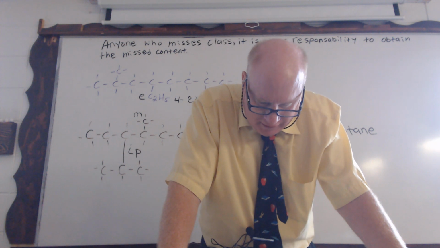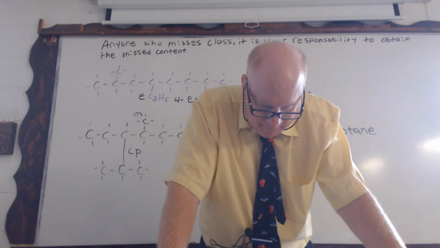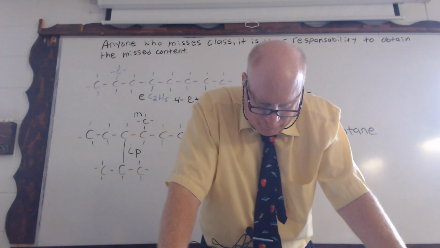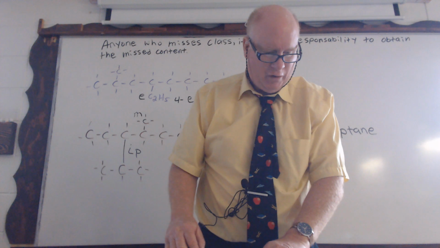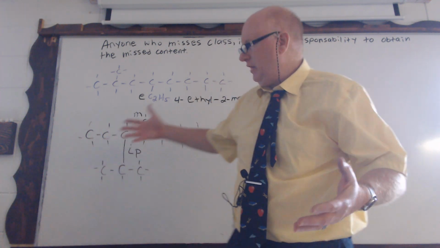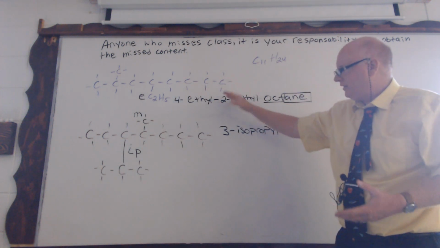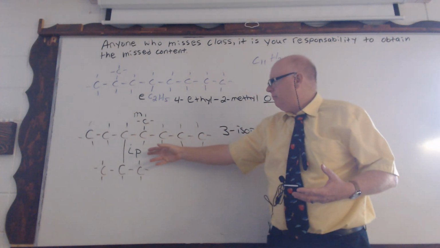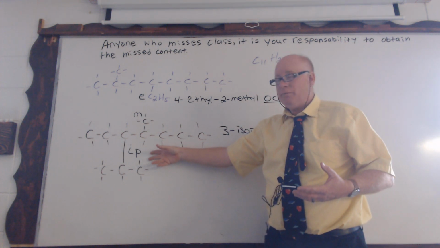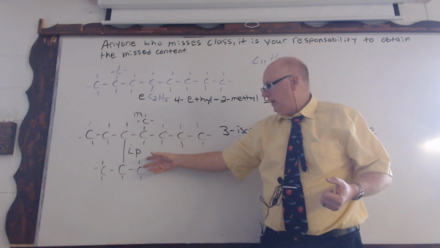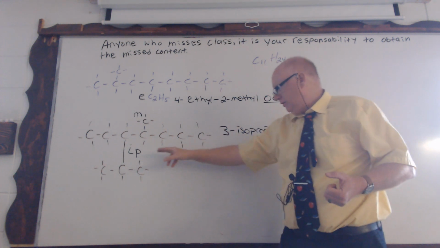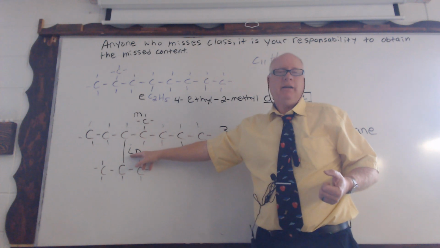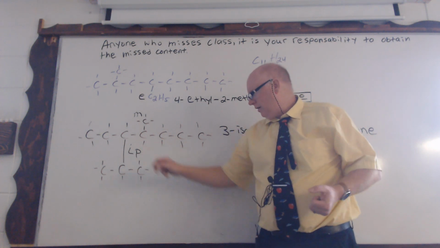And then number 4, in front of the name of each alkyl group, place a number on the carbon to which the group is attached. Use hyphens to separate numbers from words and commas to separate the numbers. Okay. So again, I think it just makes more sense to do this first, then read about this, okay? Because sometimes what can happen, you might look at this and say, oh, well, if we had another propyl group on here, you still have to go by the I, not the P, okay? All right.